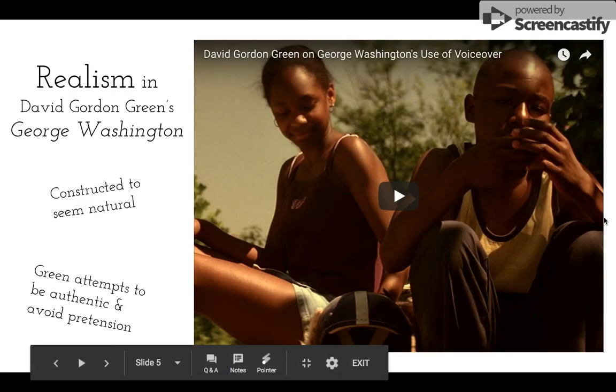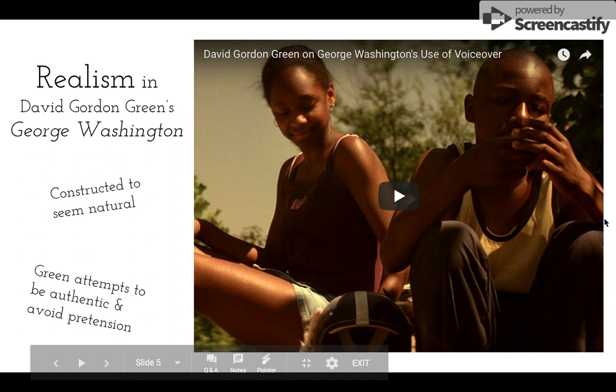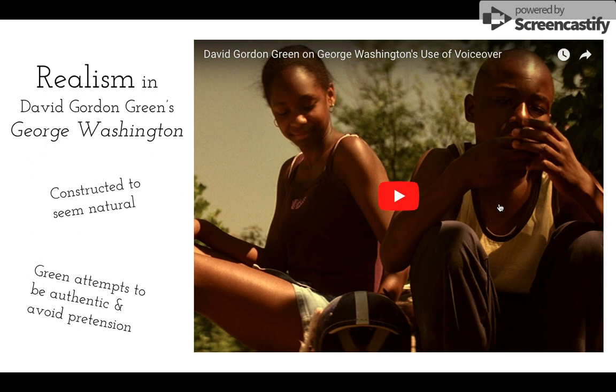Now jumping into the present day, this is a film we'll be watching called George Washington by David Gordon Green. David Gordon Green went on to do some pretty big name movies. He directed Pineapple Express. But this is his first movie, and he wanted to do everything that he always thought a movie should do. He was young when he shot it. It definitely plays a lot like a student film. Let's take a quick look.